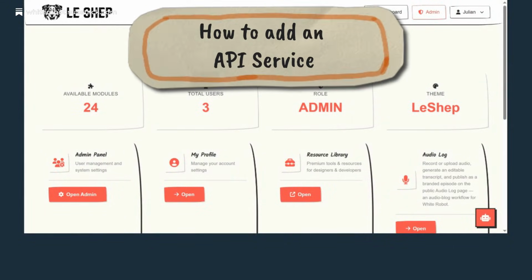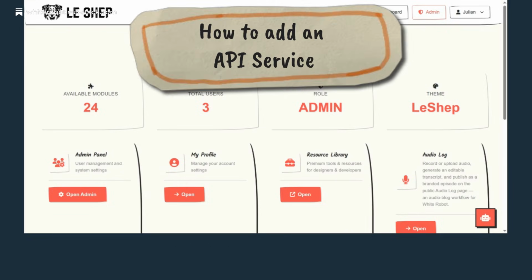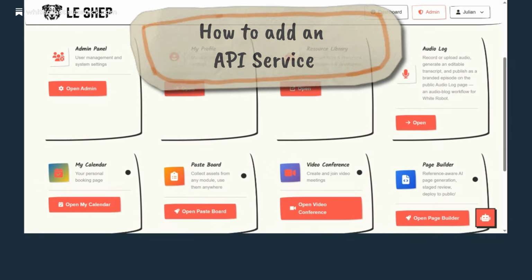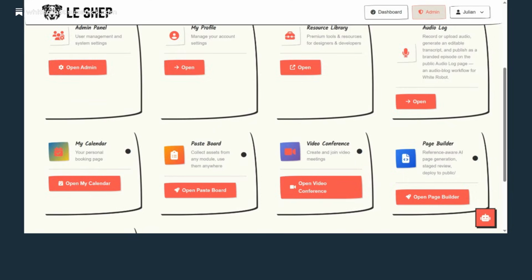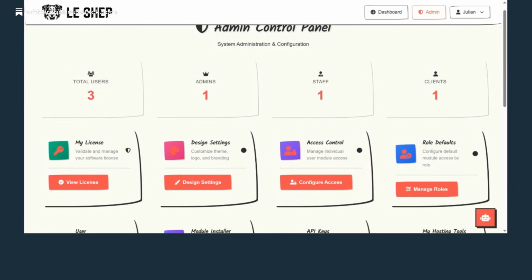Hello, the Shep lives another day to serve a purpose as a demonstration page or a demonstration installation of Studio J that's been branded for Le Shep, who is, well, Shep is my dog. But what I wanted to very quickly demonstrate for you is that if I go over to the administrator dashboard